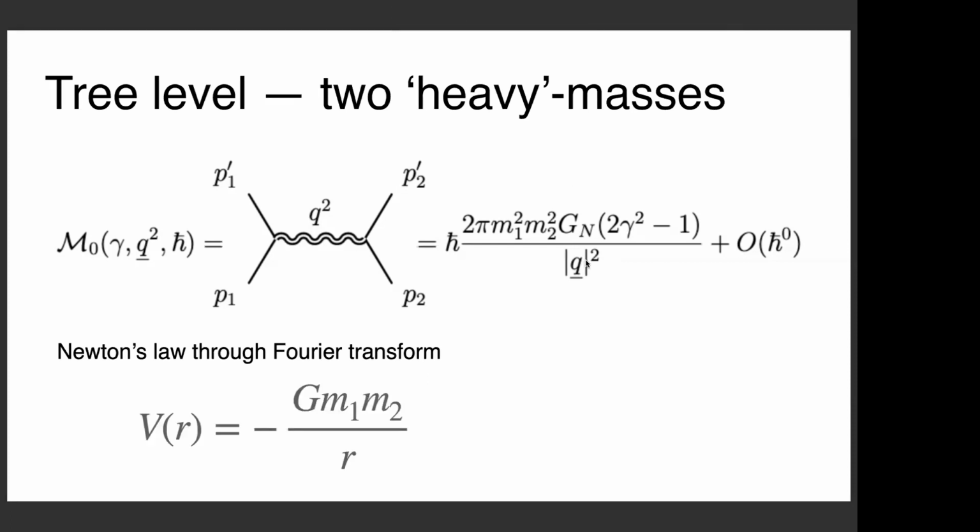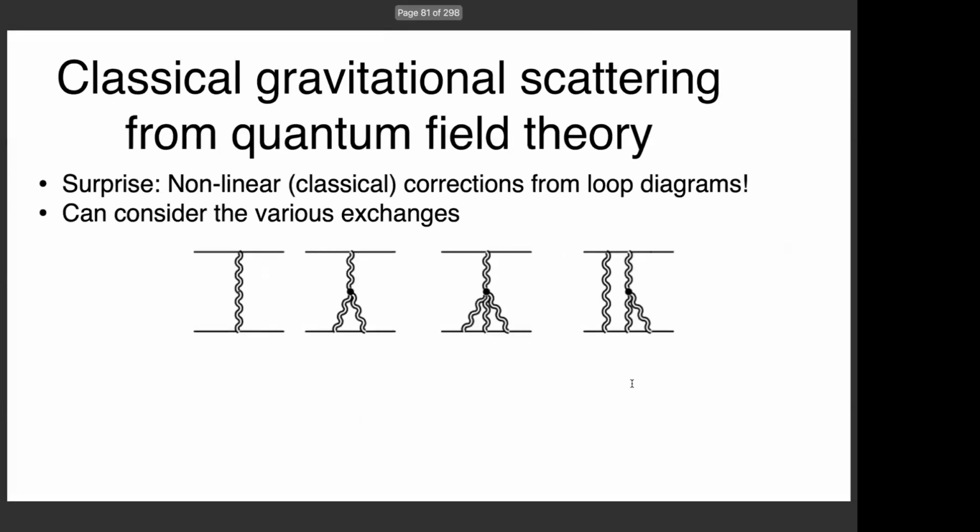If you Fourier transform this to go to the potential, you see immediately that this will lead to a 1/r potential, which has the numerator factor g m1 m2, exactly as you expect from Newton's law. But you also see that this is not what we expect from the theory of general relativity, because it doesn't give all the post-Newtonian effects that we expect.